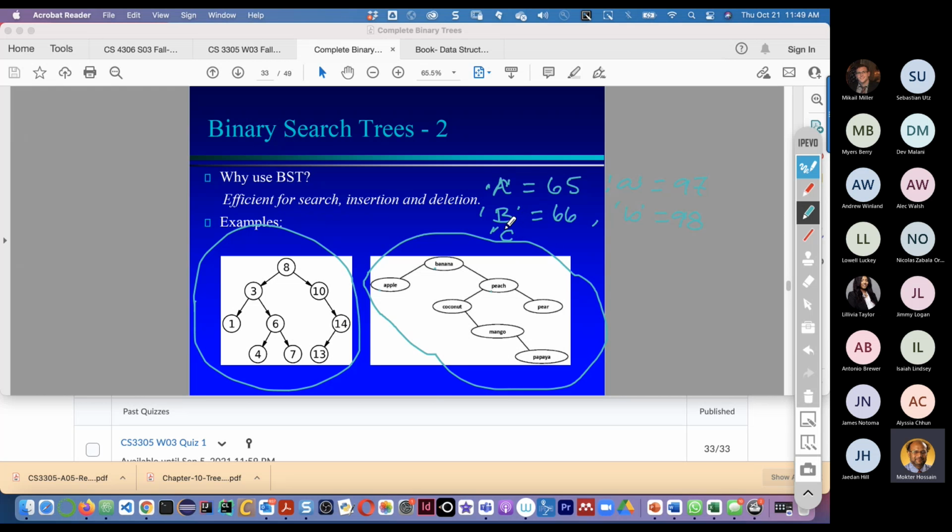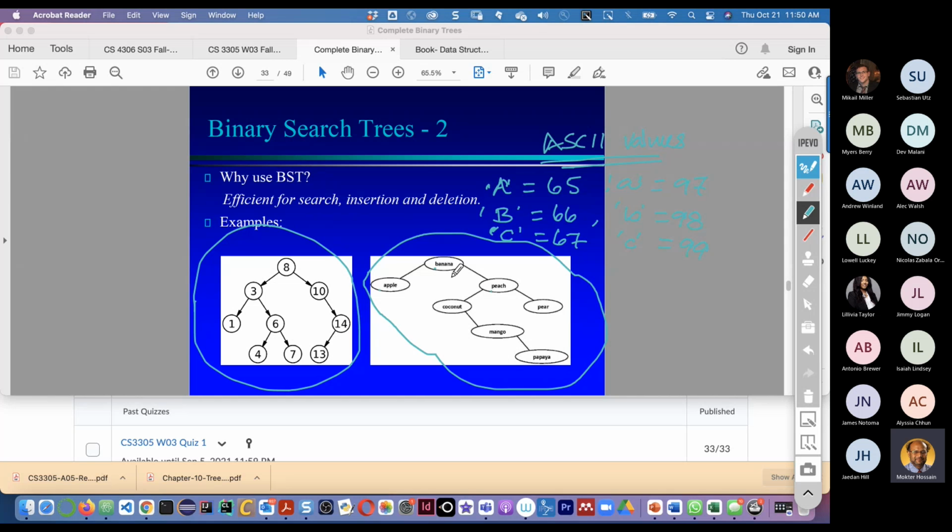C in uppercase is 67, and C in lowercase is 99, and it goes this way, right? So this is for ASCII code. In that sense, P is greater than B, so it goes to the right side.